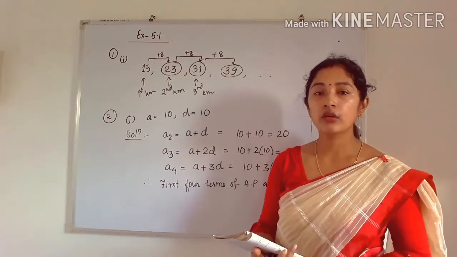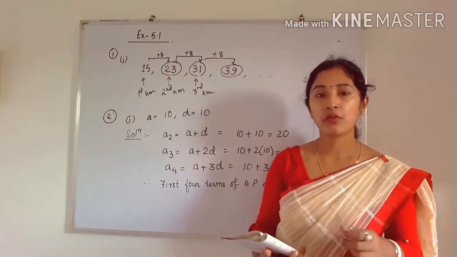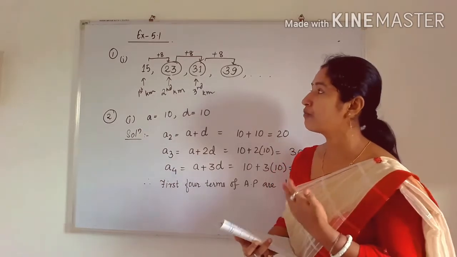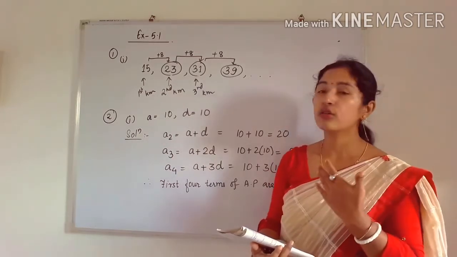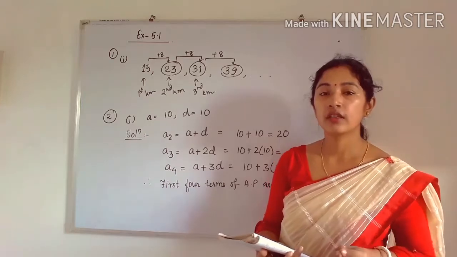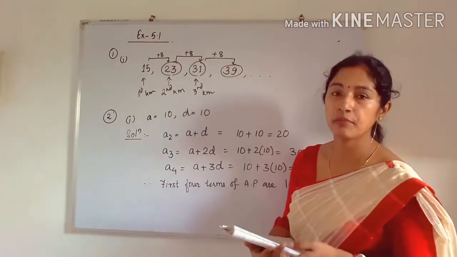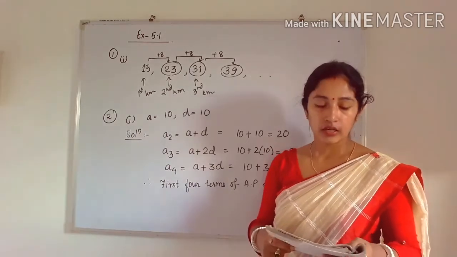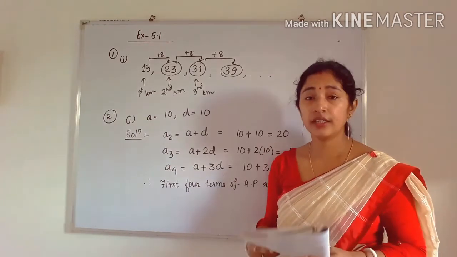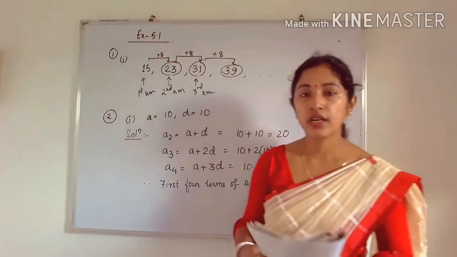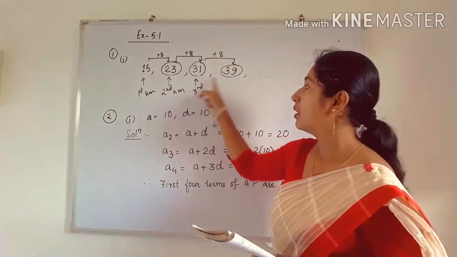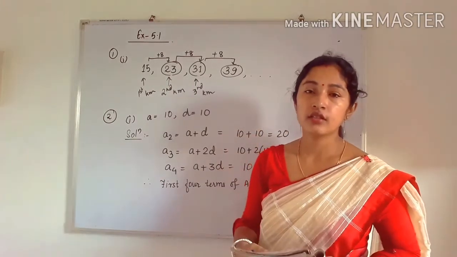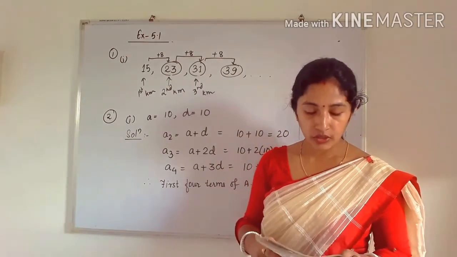So yes, according to the definition, a fixed number should be added to the preceding number to get the next term. Okay. So here this progression follows the same rule which is given in the definition. Okay. So this is an AP. This is an arithmetic progression, we can say. So the remaining questions you have to do. Okay. Just read the question and according to the question apply the condition. Then you have to make the sequence. Okay, like this. So if you make the sequence, you can come to know whether this is an AP or not. So come to the next one, number 2.